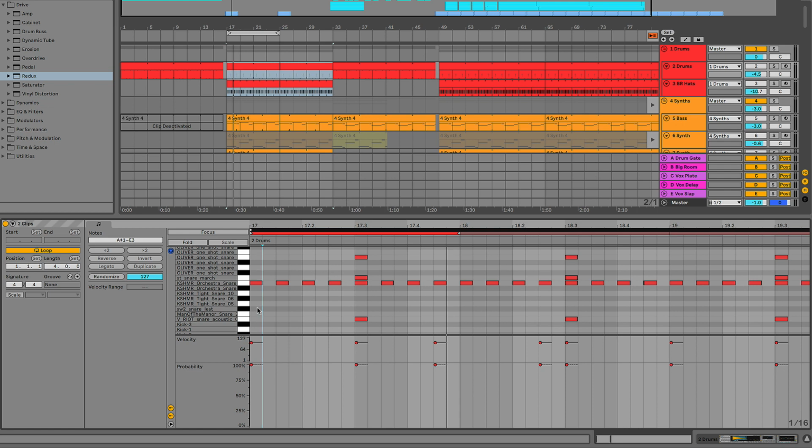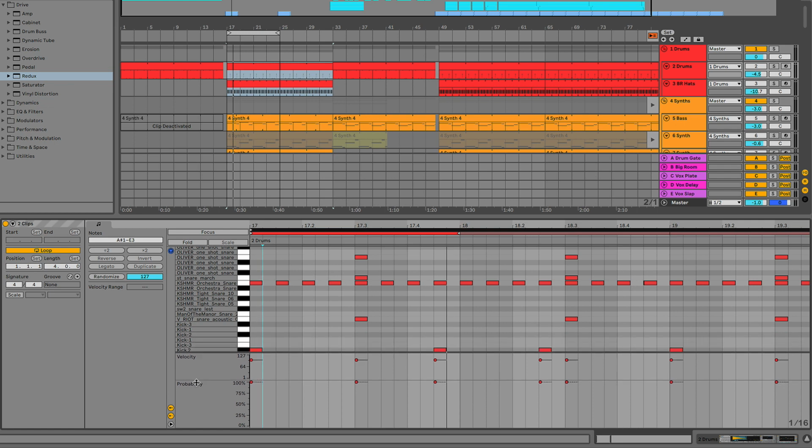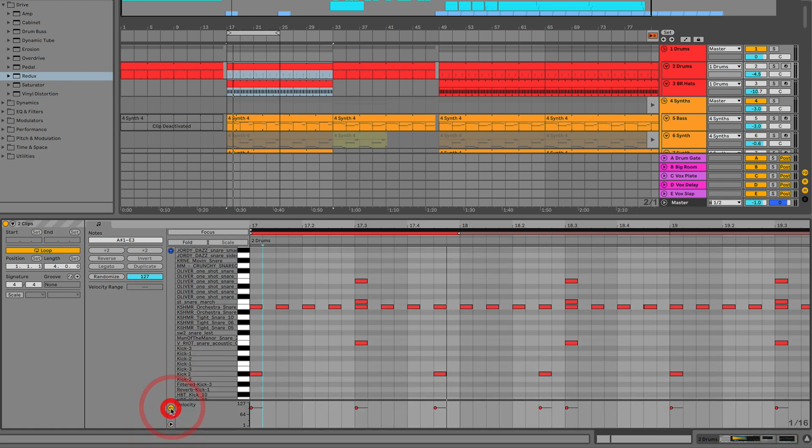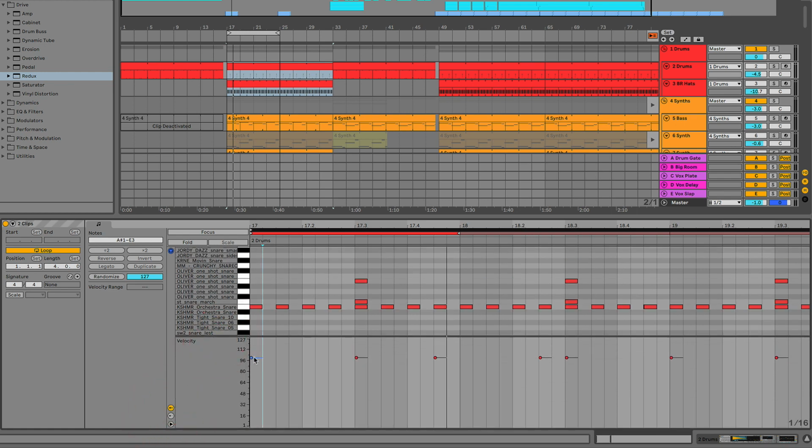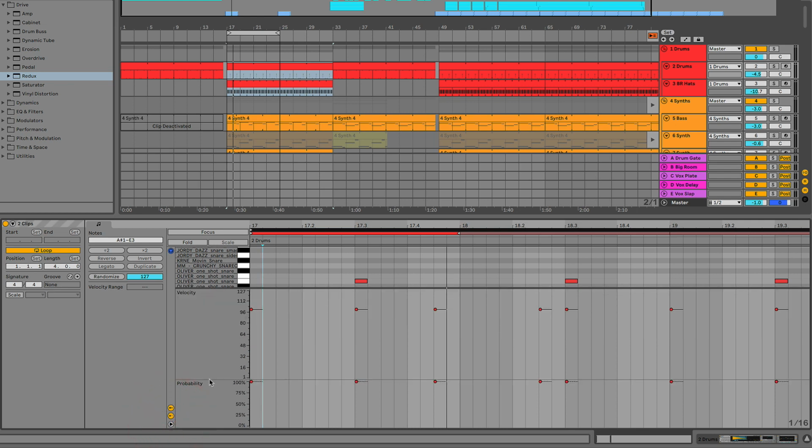The other thing we can do now is we have standard velocity, which has changed a bit. It's got a bit of a different graphic. And then we've also got probability, and this sort of